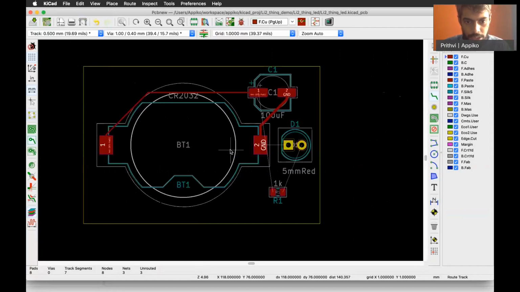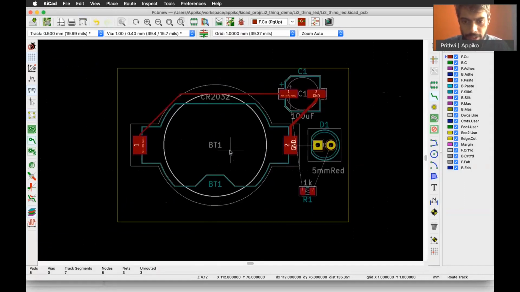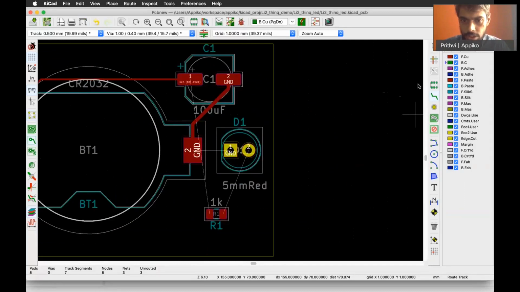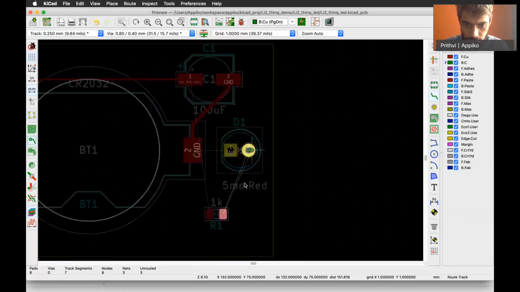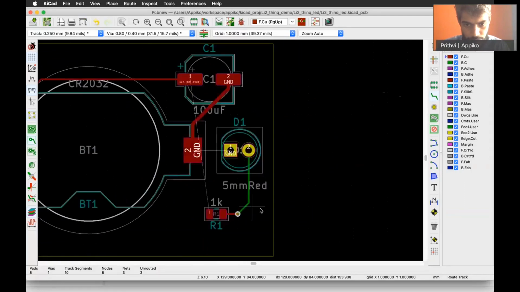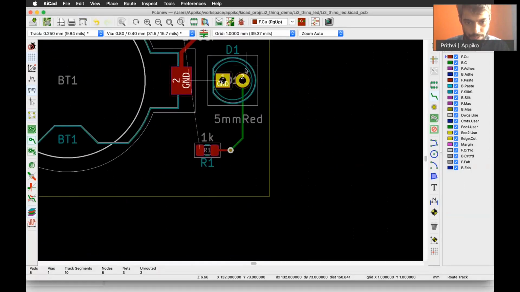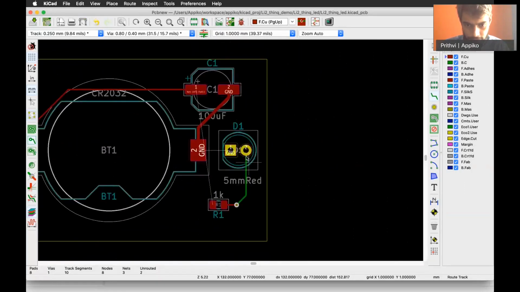One thing that we can do is route on different layers. So now if we want to route on the bottom layer, let's say from here to here, we get this track here, and then we put a via to make it come to the top. Although this is not necessary, I could have just routed on the top layer.